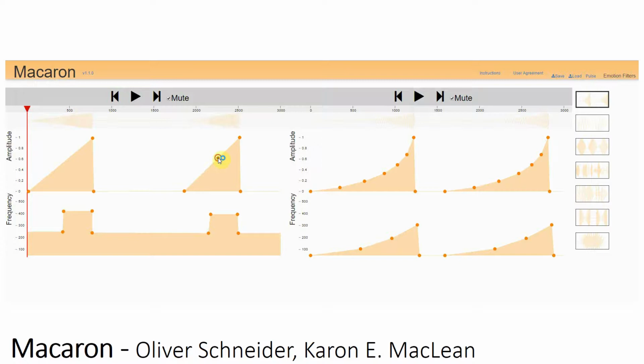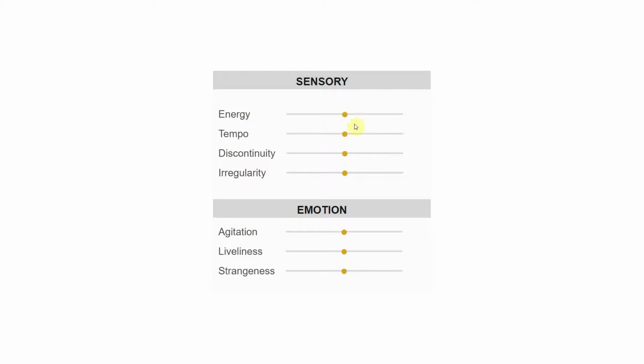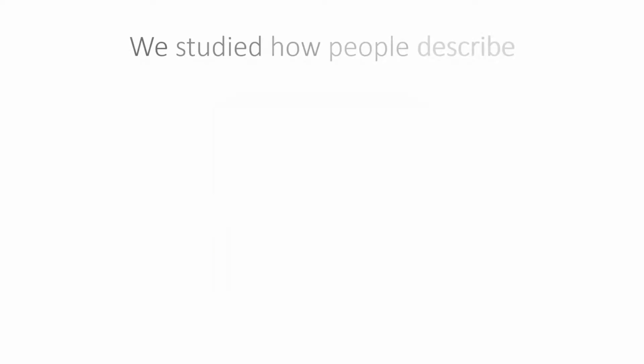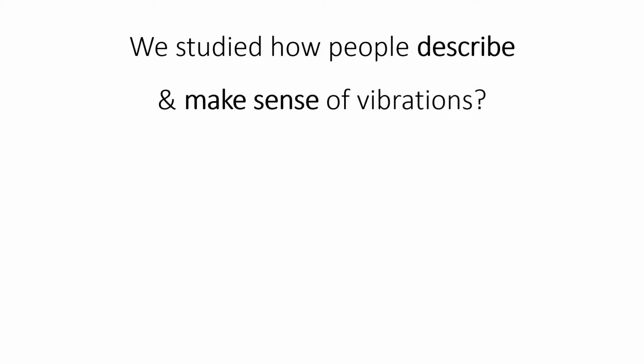Existing design tools allow precise control of low-level engineering parameters, such as frequency and waveform. While these controls are necessary for design, they hinder rapid adjustments by designers and personalization by end users. What if we could design and modify haptic sensations along perceptually salient dimensions? Which perceptual dimensions are effective for designers and end users? To answer these questions, we studied how people describe and make sense of haptic sensations.